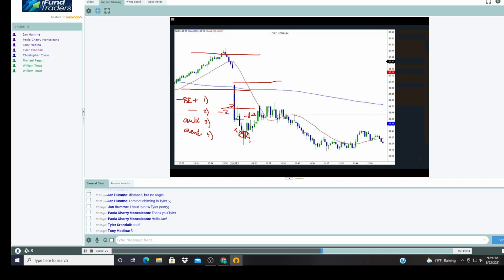Marilyn is saying that elephant was too big to fit my 2 lot and MLPT. Okay, let's take a look at that. How much is your max loss per trade, Marilyn?